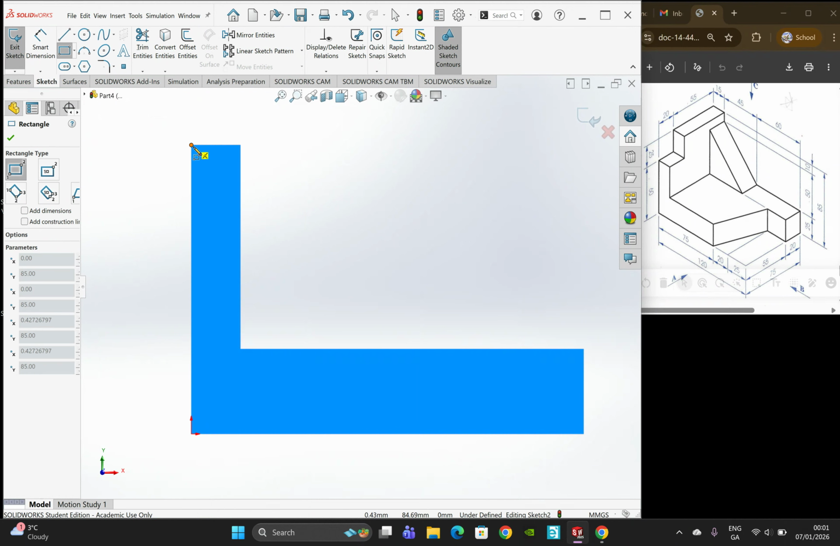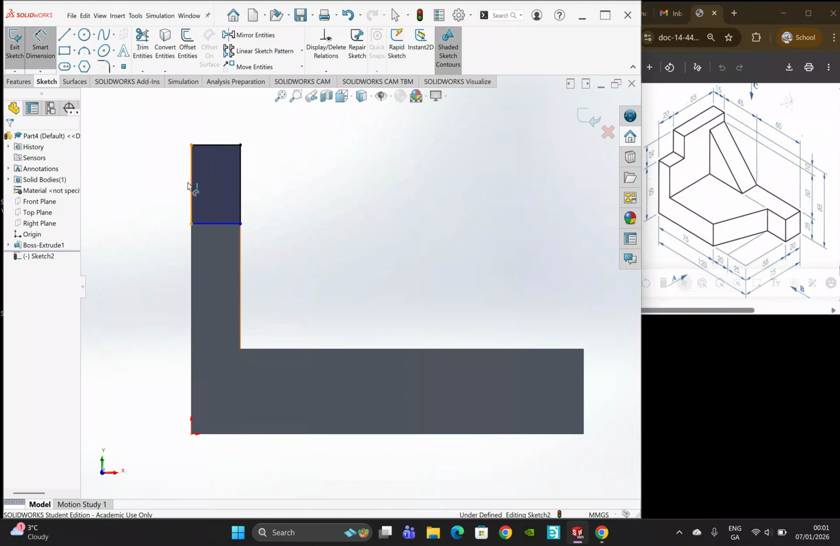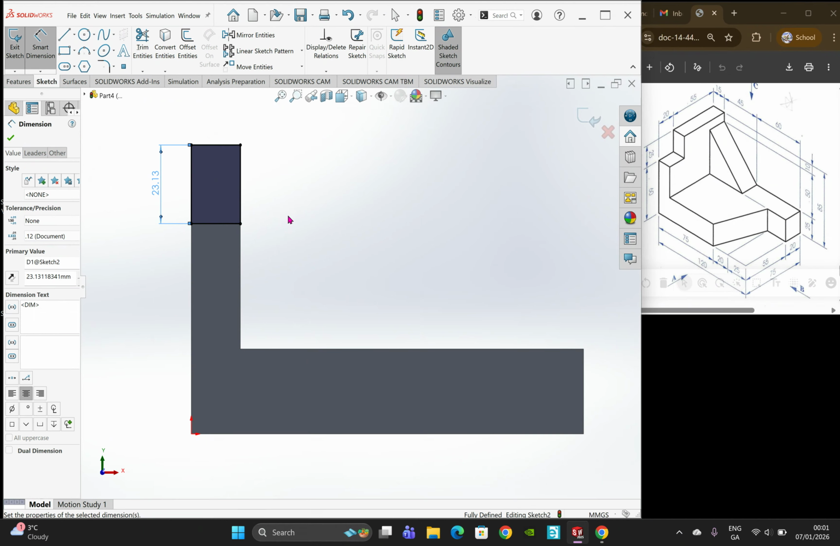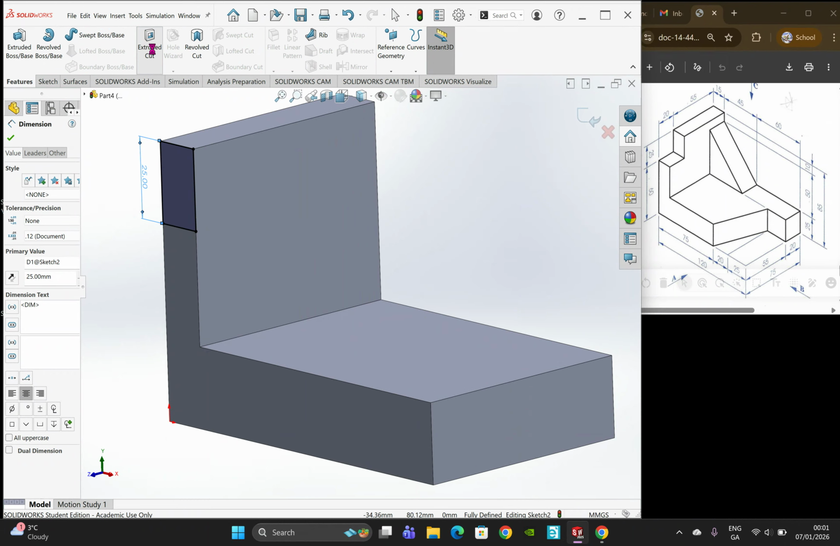I'm going to start up here in the corner and draw a line just down like this. Then I'm going to go Smart Dimension, click the line, drag out, and the height of that bit is 25. It saves me because I know it has to map exactly onto that surface. Now, how far does it have to cut into it? 20 millimeters in. So I'm going to go Features, Extrude Cut,